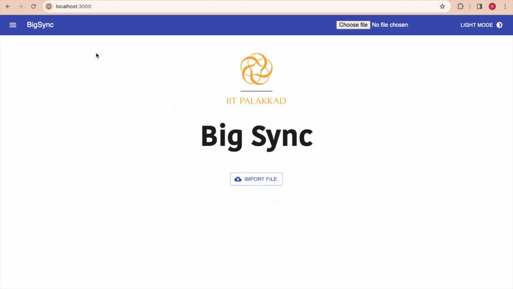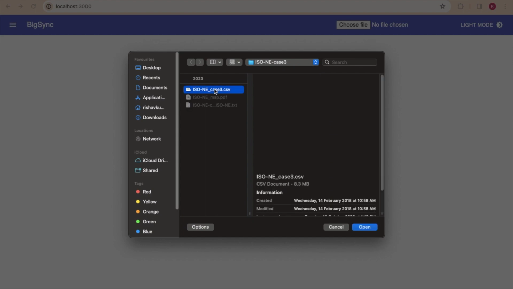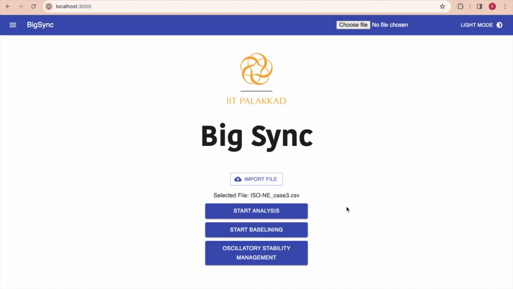So first of all, we can see here this is our landing page. In this landing page we'll have to import a file. So first of all we'll import a file here. Let's say I chose this file to import here. I imported it here. After that